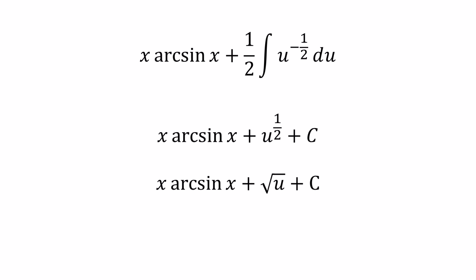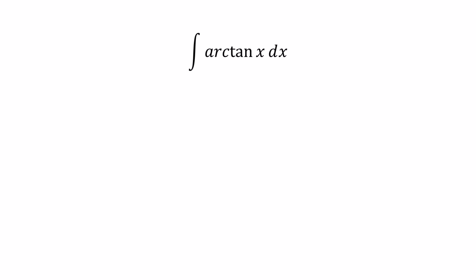Back substituting, we arrive at a final answer of x arcsine of x plus root 1 minus x squared plus c. Lastly, we evaluate the integral of arctangent of x dx. To begin, we choose u equals arctangent of x and dv equals dx, then